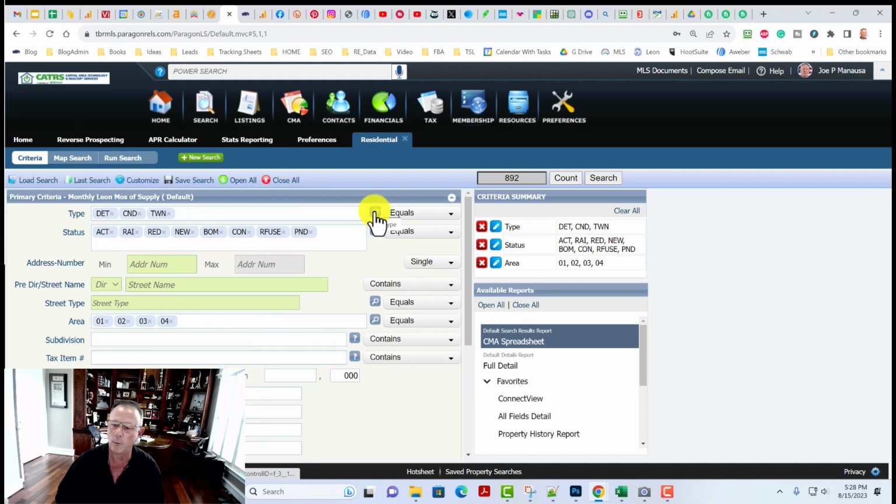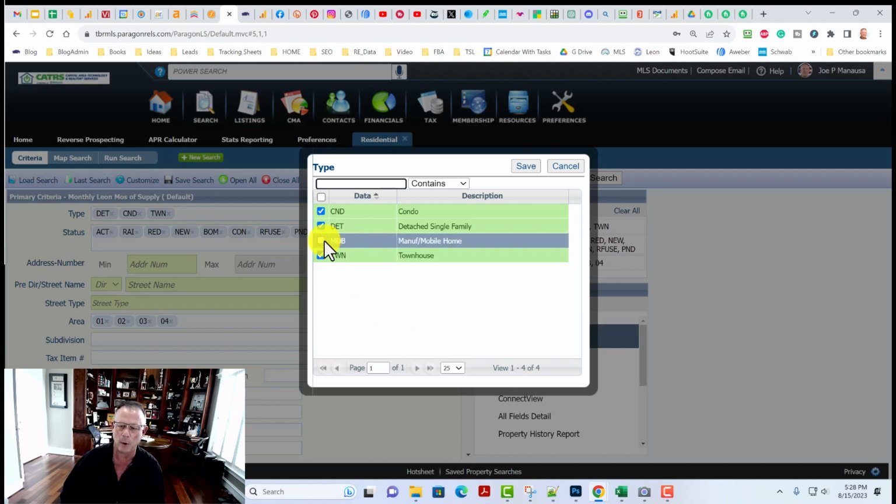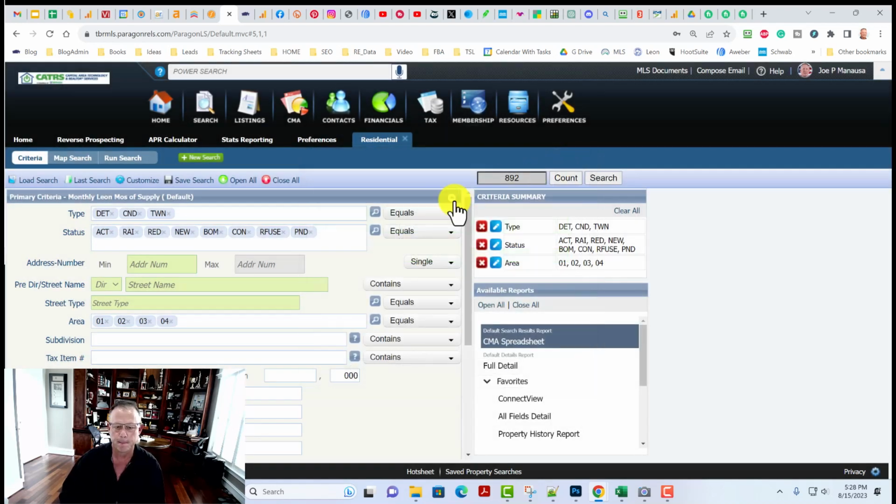And if you click on any one of these magnifying glasses, it'll bring up all your options. And so you can see I'm searching condominiums, detached single-family homes, and townhouses, and I'm omitting mobile homes. Okay? Now, you might want to do a mobile home search. You might want to include mobile homes, but generally speaking, mobile homes are not comparable properties to the other three,